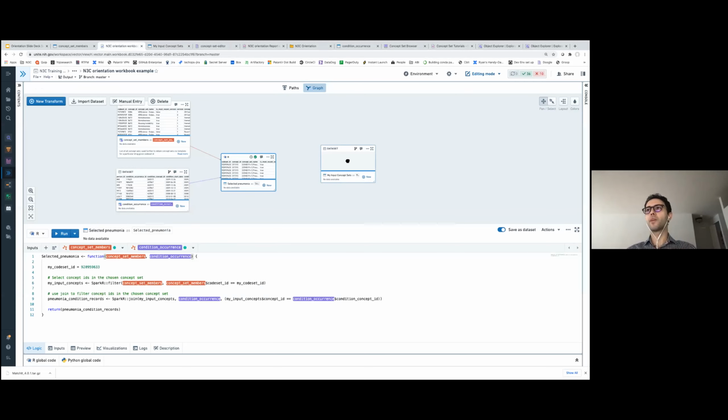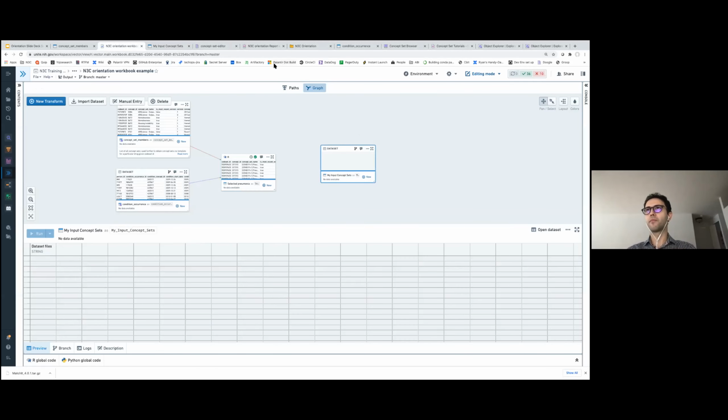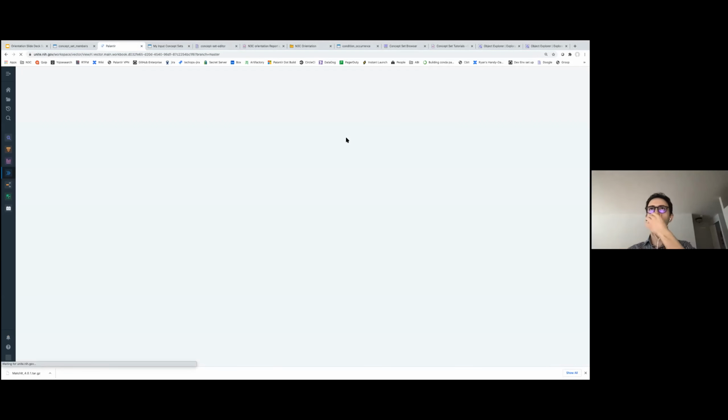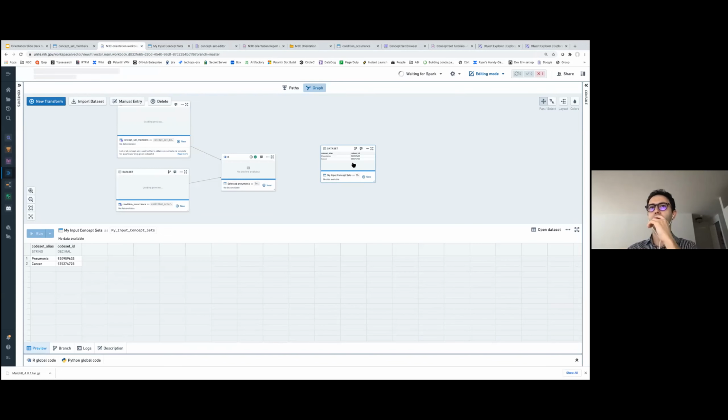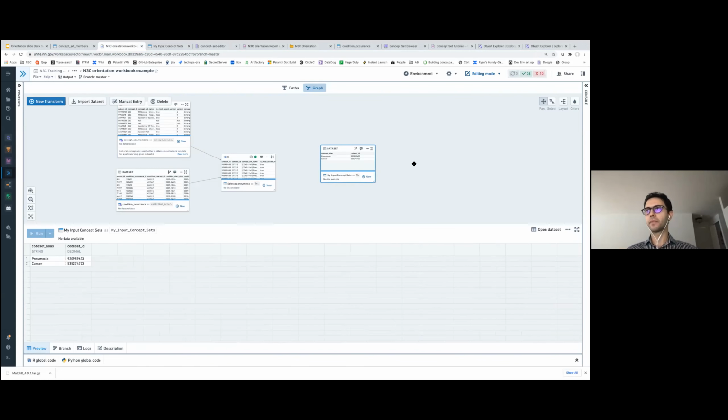So what I may want to do here is refresh the page so I have the data. So as you can see, this is my input concept sets data set that I've defined in here.